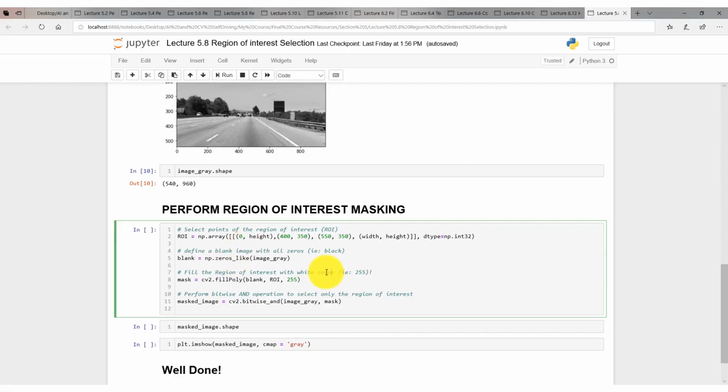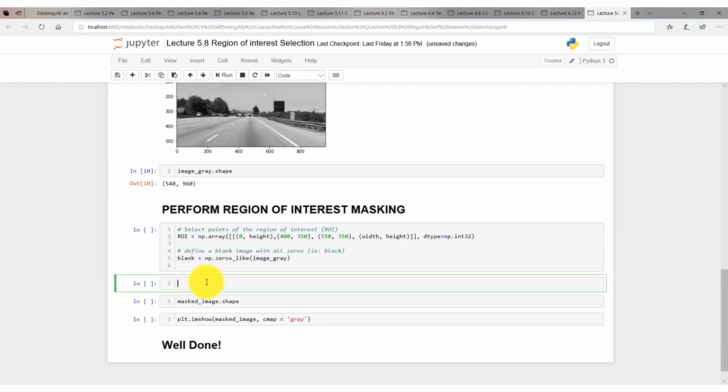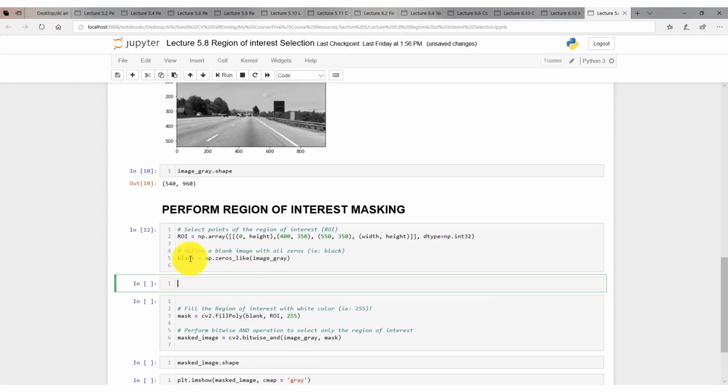All right, perfect. So let's take a look. So first of all, we're gonna do np.zeros_like, which is simply creating an image which is all black, okay, which is the size of the image gray, which is again my image. I'm going to create a mask, and that mask has all zeros, okay? So before running the entire thing, let's actually run cell by cell. Let's take a look. So here, that's my first step, and simply I created a blank image, all right,